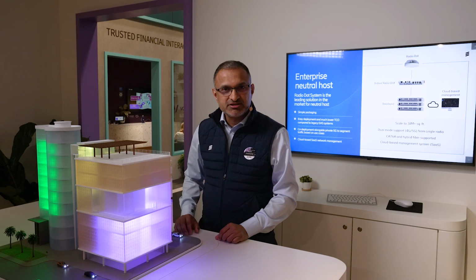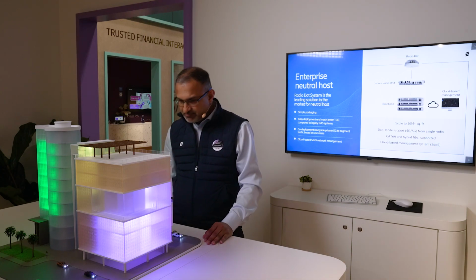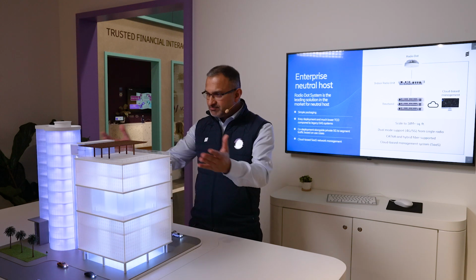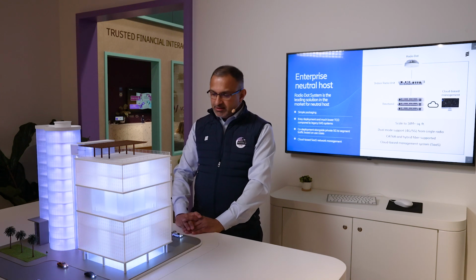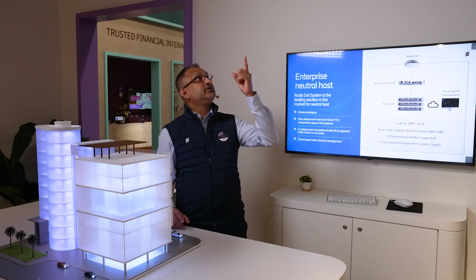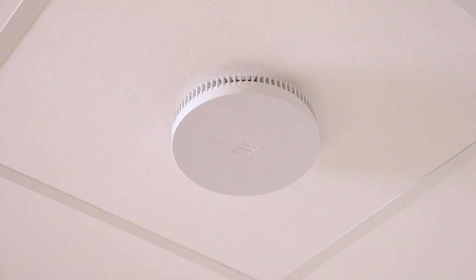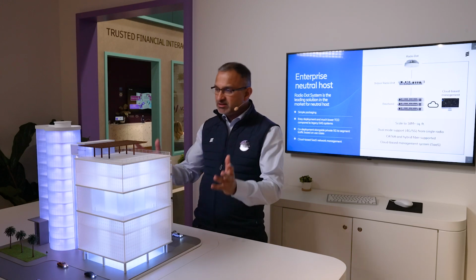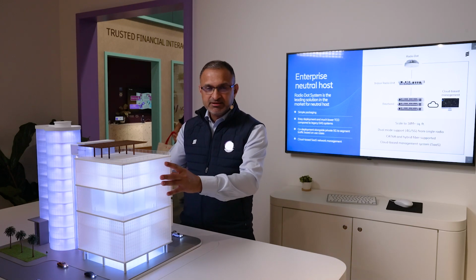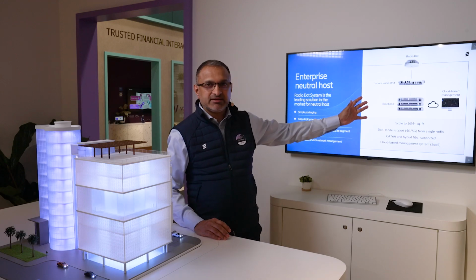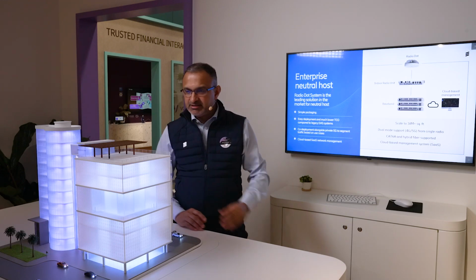The Ericsson Radio Dot System is a single system that is used to cover this whole building space. And I'm illustrating that by showing this color lit all around the building. The radio dot system is a single system but multi-operator. And what makes it multi-operator is our radio dot, which has multiple frequency bands that can be transmitted on a single radio dot. So in this particular scenario, the enterprise invests in purchasing the in-building solution from Ericsson, deploys it